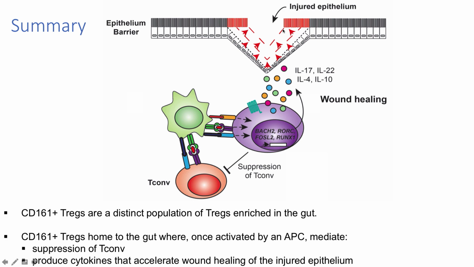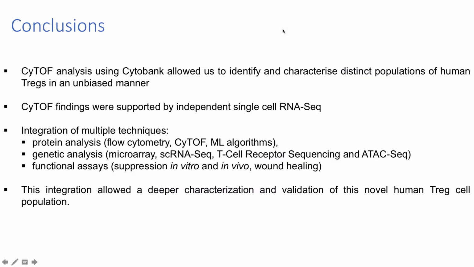So to conclude, the point of this discussion is that by initially looking in an unbiased manner to try and identify a single population of Tregs, by using multiple markers that have been indicated as important for the clustering and allowing the discrimination of different populations of Tregs, we were indeed able to identify a distinct population of human Tregs. This finding by CyTOF was then validated by using a series of other techniques, including single-cell RNA-seq,